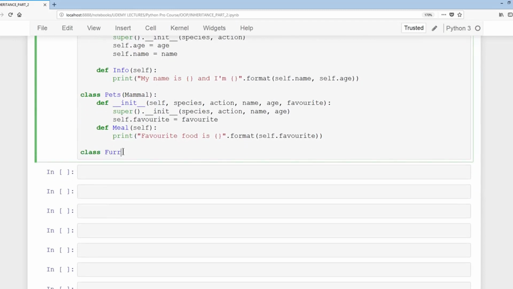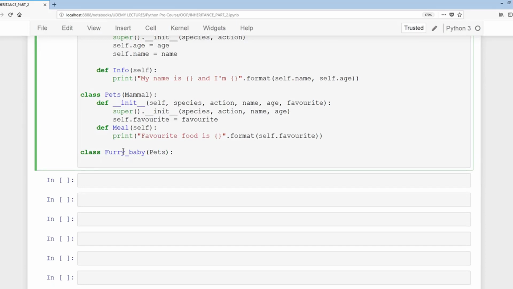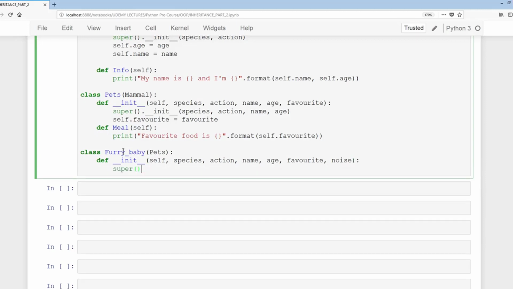class FurryBaby, and then we'll have Pets, so inheriting from the Pets class, and then again, of course, the init. So hopefully this is going to be pretty standard for you now. Species, action, name, age, favorites, and lastly we'll have noise. So we'll define that one, but before we do that we have the super